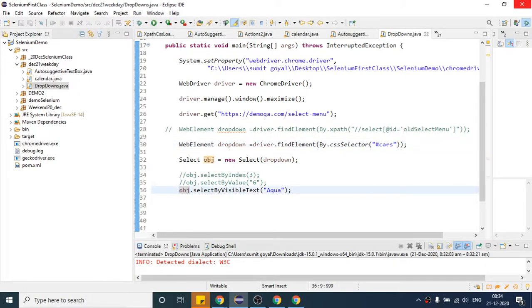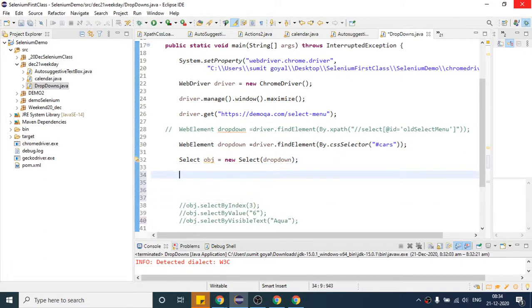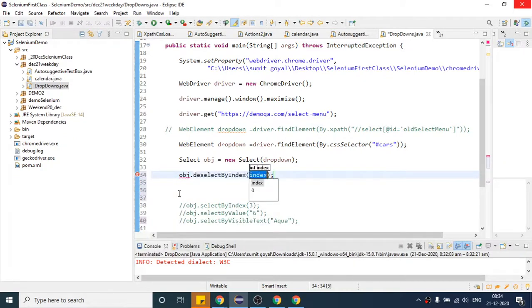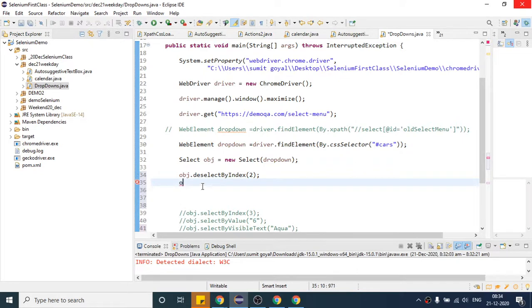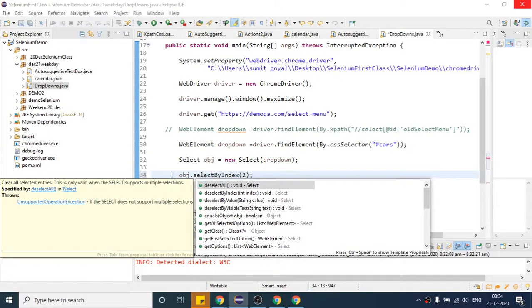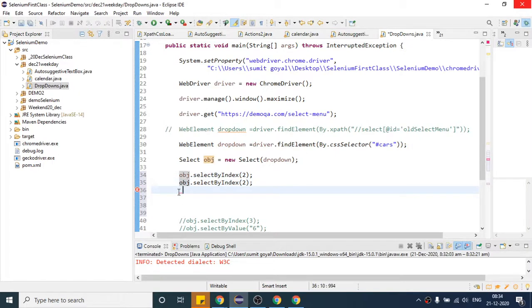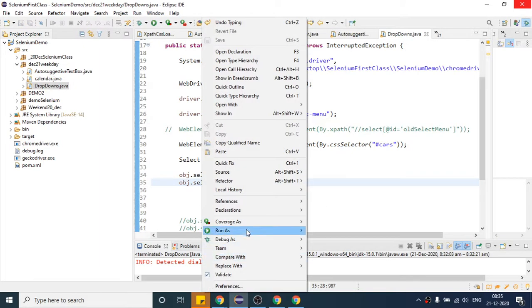If I comment this, now I will say obj dot. Here you can do this. If I say selectByIndex, so if I say 1, suppose if I say 2, sorry, it is deselect, I have to select. So if I copy this, and say 2 and 3, let us see what it will select. Let me give 1 and 3, so it should select the second one and the last one, 1 and 3 index. So if I run,